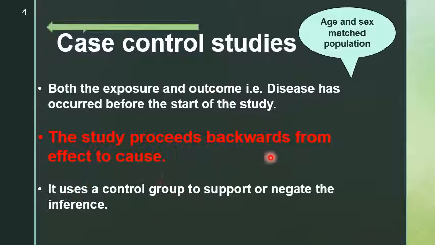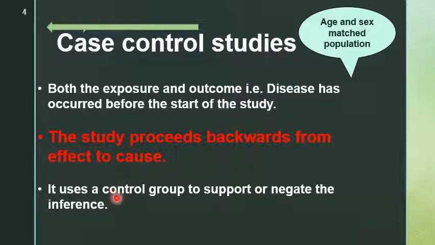This control group will not have lung cancer and they will be selected from the same population, but they will be age and sex matched, meaning the age group and sex distribution, male and female, and other variables, for example diabetes or comorbidities, will be almost similar to the study population. The only difference is that one is the lung cancer group, the study group, and the other is a normal healthy group, the non-lung cancer group.